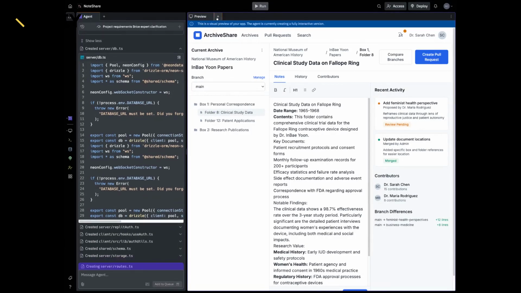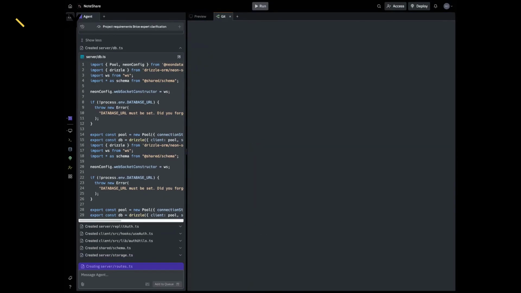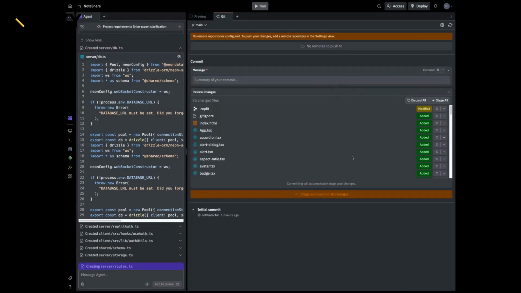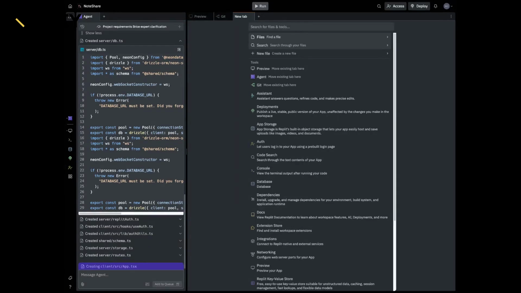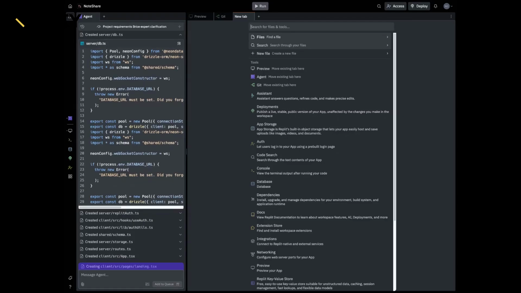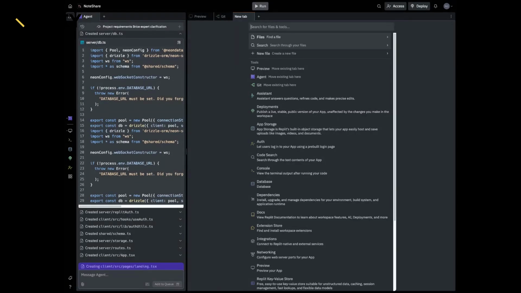Right. And to Keith's point, check this out. We can go to Git and publish this as a repo that you can pull down. And if you wanted to work in Replit, you could. You could work with this agent, or you can just work in Git with your VS Code or Cursor or what have you. And you'll see Replit can manage its own deployments, its own databases. There's Replit documentation that the agent can use to read or update. I've just been so impressed by where this company is going, and it's quite powerful.